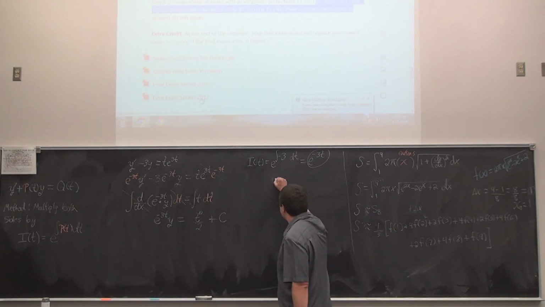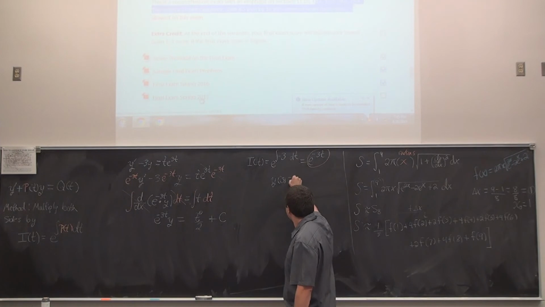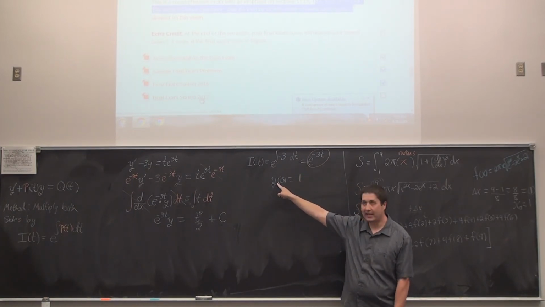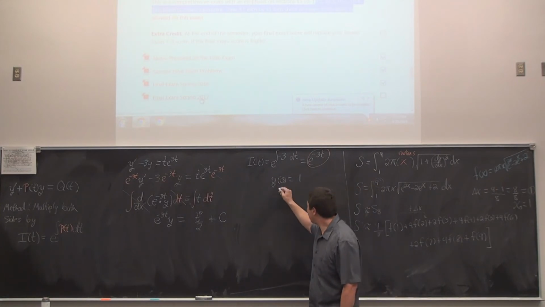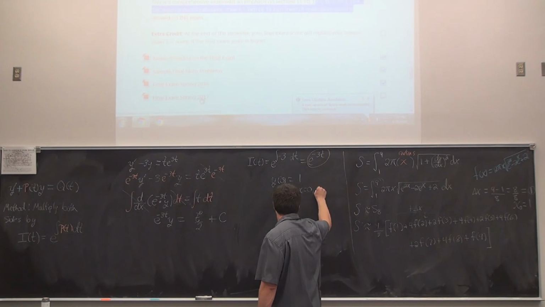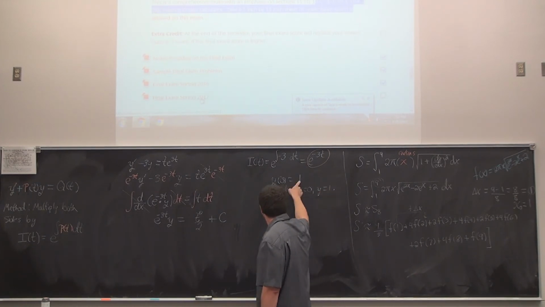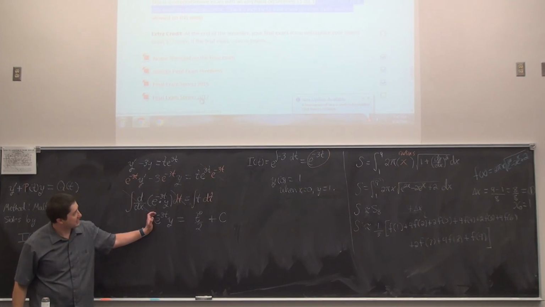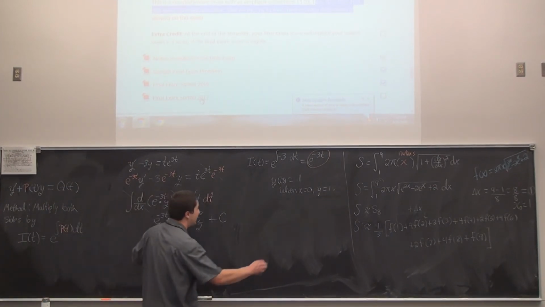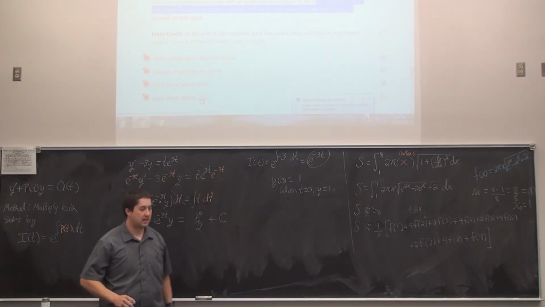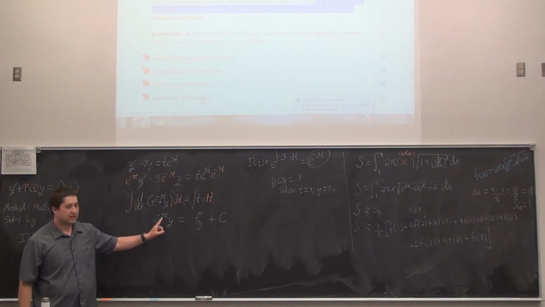Let's go for the c right now. The initial condition was that y at 0 is equal to 1. We write function notation here because y is in fact a function of the variable t. And all this just means is that when t equals 0, y must be equal to 1. So we'll plug in that information right on this line. Oh, I said x again. I'm not used to variable t. But it should be when t is equal to 0, that independent variable, we would have y as 1.